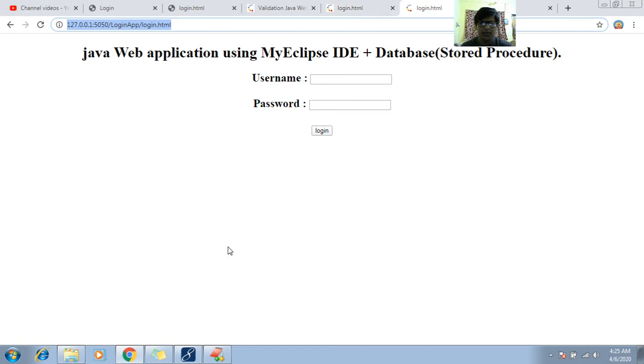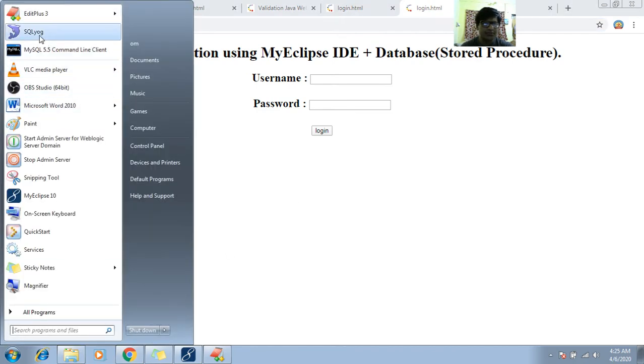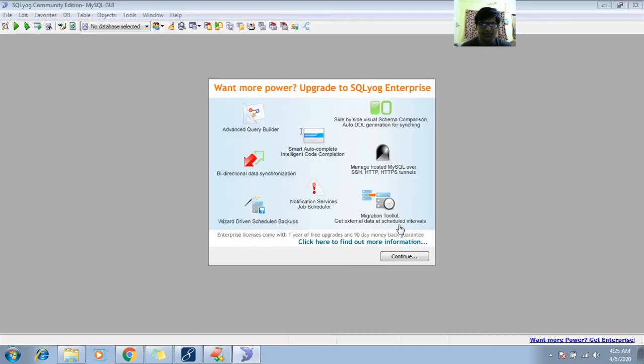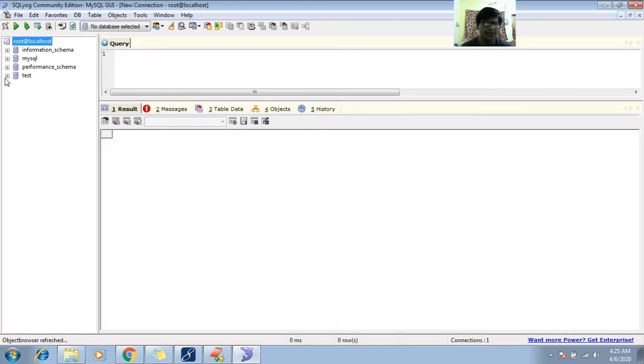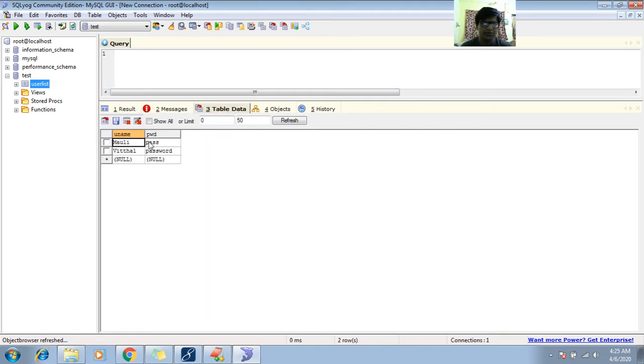So in my database already username and password are there. Connect, test, user list, table data. So Mauly and password, Vittal, and password.